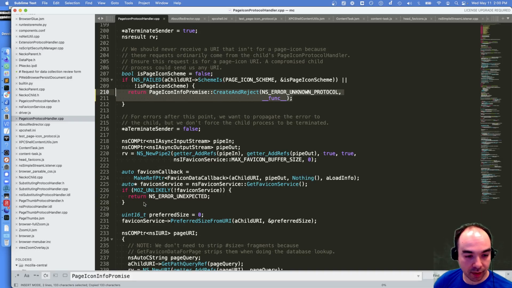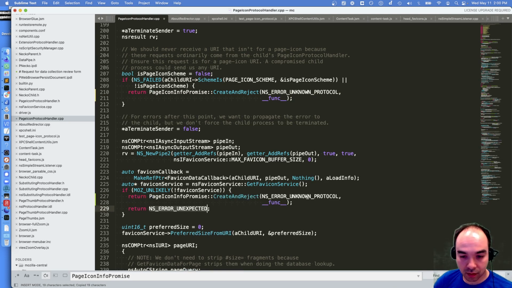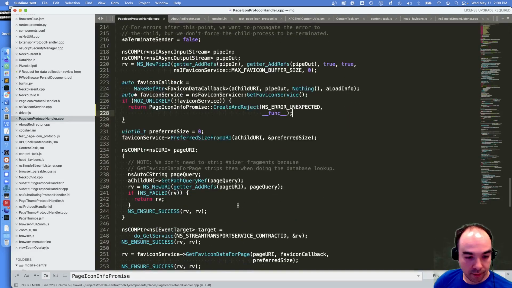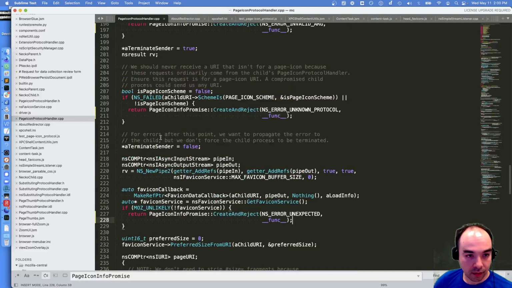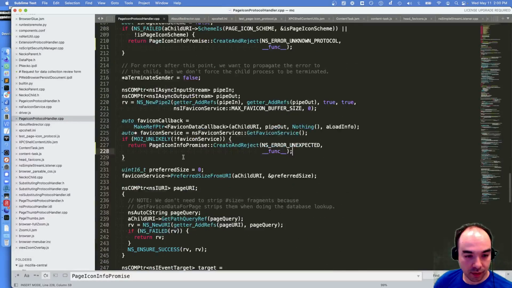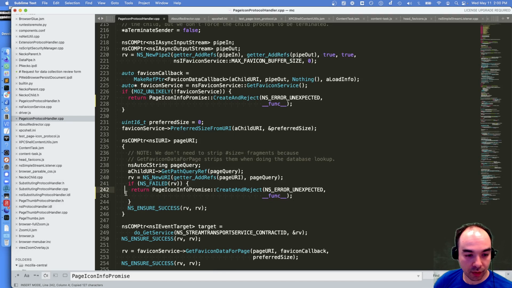This error unexpected. New string, and then if NS failed, reject with the return value.